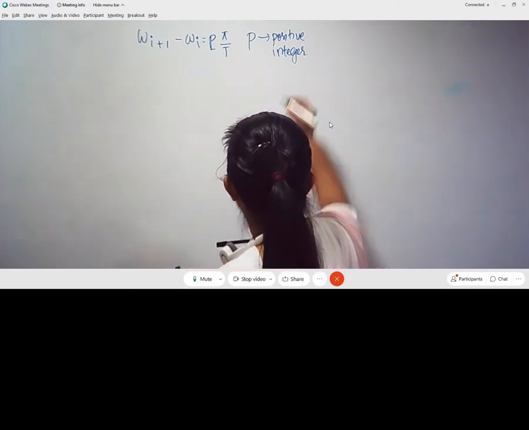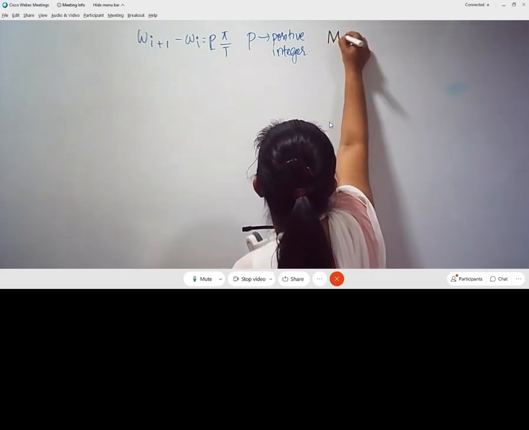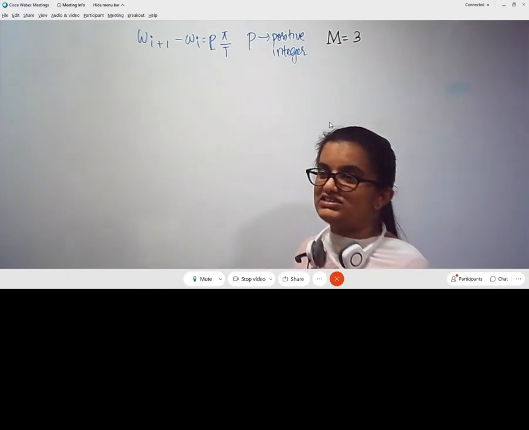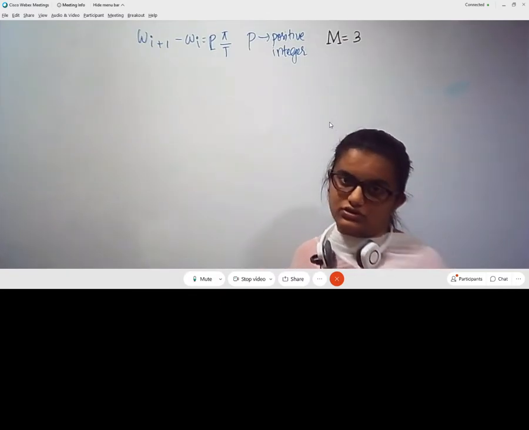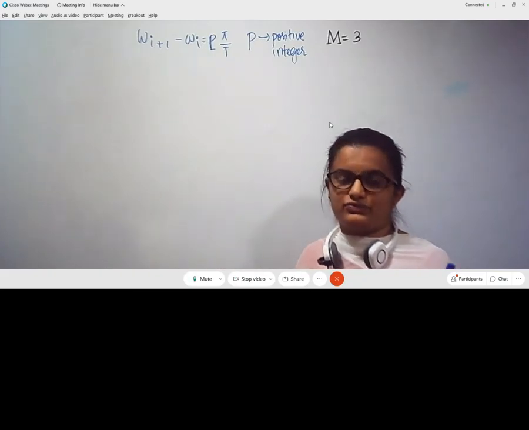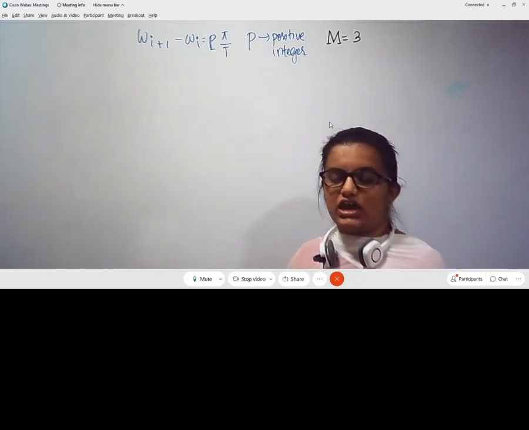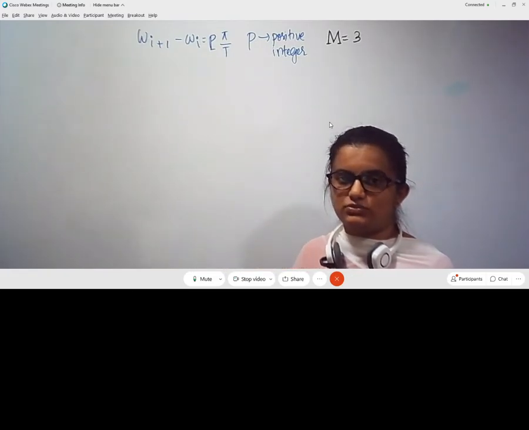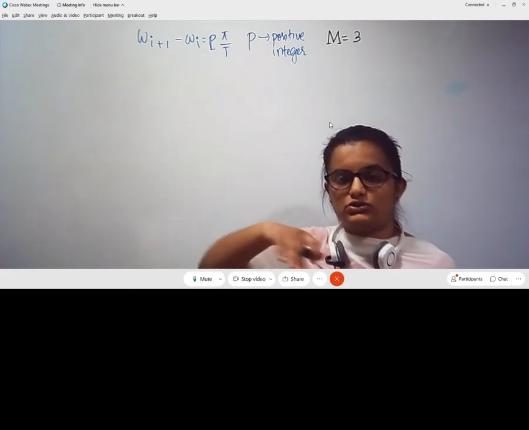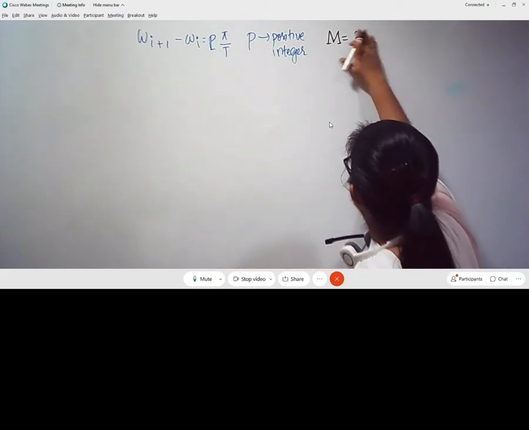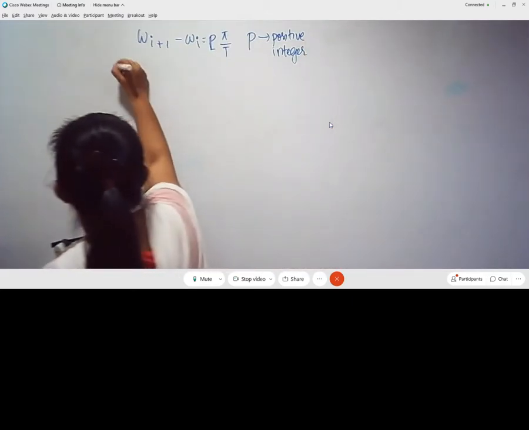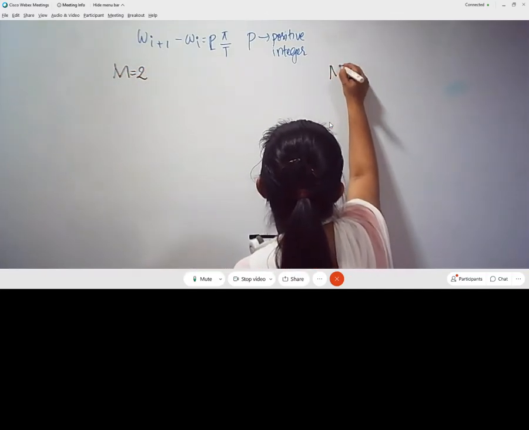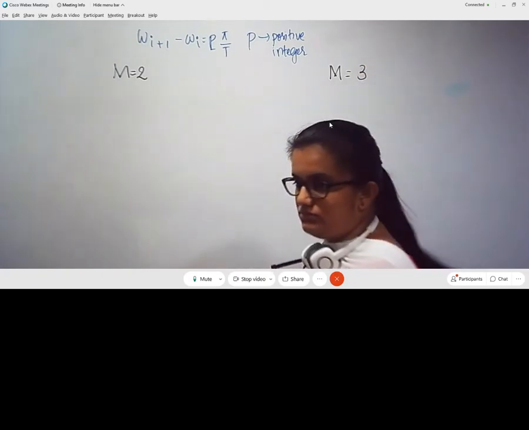And now coming to the case where M is equal to 3. Why I am taking 3 is, 2 is a very typical case. It will be similar to your PSK, because it will have two basis functions, and you can easily identify the symbols by drawing the decision boundary there. There the decision boundary is simply a line between the two symbols, which looks like this. Let me show you that also. So I am going to show you the two cases of FSK when M is equal to 2 and M is equal to 3.